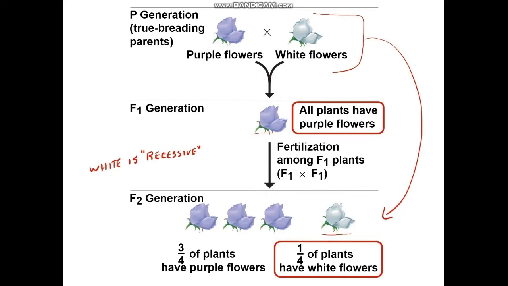Now, sometimes for genetics questions, I'm going to ask you for the phenotypic ratio. Just a moment ago, I told you what the phenotypic ratio was, but I'm going to show you where that comes from, okay? Purple is a phenotype. White is a phenotype, okay? So when I ask you for the phenotypic ratio, I'm asking how many of one phenotype exists compared to other phenotypes. So in this case, it would be